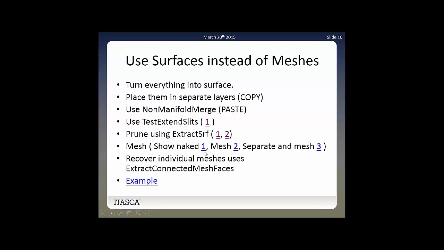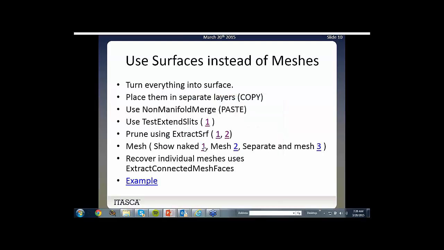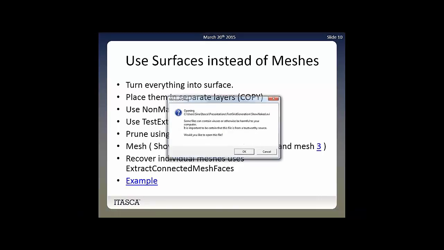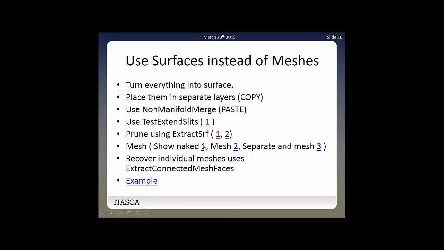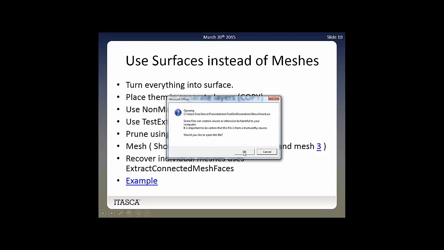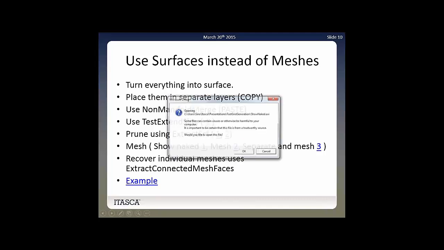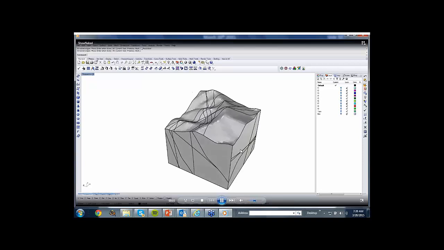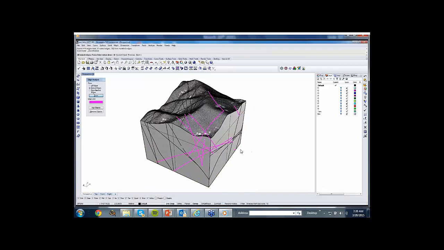So the next operation that I'm going to do, I'm going to ask you to show me the naked edges, if there are any naked edges on this non-manifold surface. It's a good thing before you even mesh it to see if there are certain flagrant, sort of very obvious naked edges on this. So I select this non-manifold surface, and the same naked edge command that works for meshes also works for